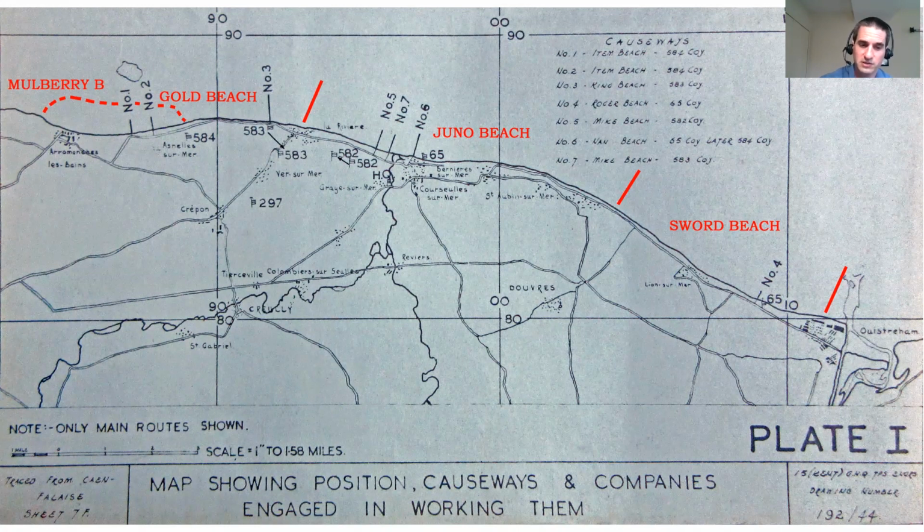Causeway number 2 on Gold Beach was the first constructed, completed on D+10, and measured 1,233 feet in length. Causeway number 1 on Gold was finished in D+16 at 1,407 feet in length. Causeway number 3 at Gold measured 2,817 feet when it was completed on July 5th, with causeways 5, 6, and 7 on Juno all measuring 2,000 feet or greater, completed on 8, 11, and 28 July, respectively. Causeway number 4 was the lone causeway on Sword, later dismantled when the decision was made to land